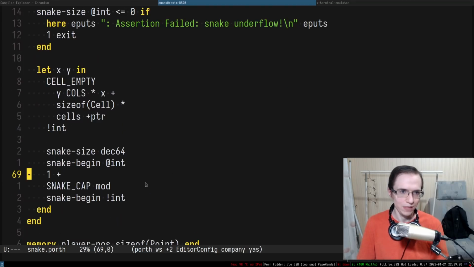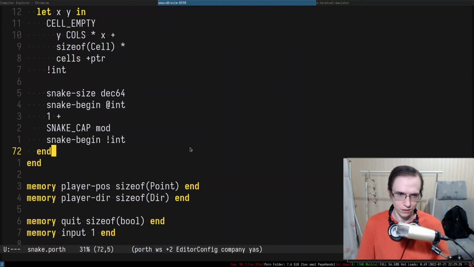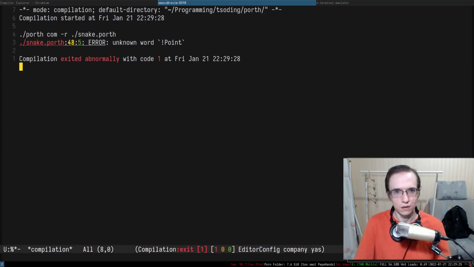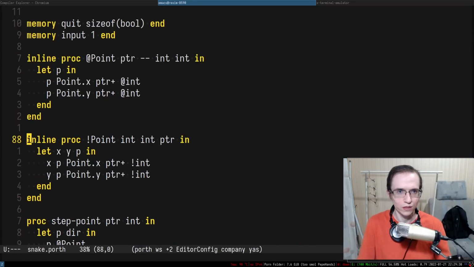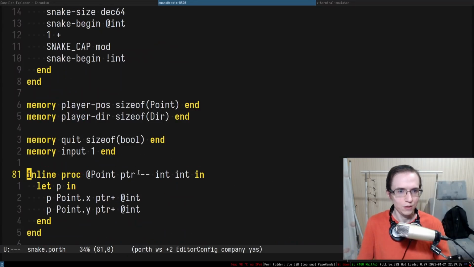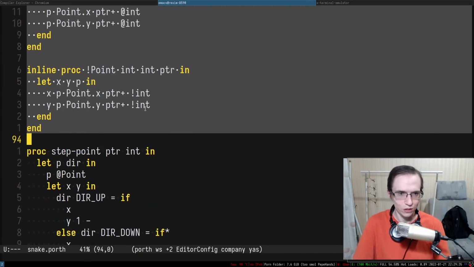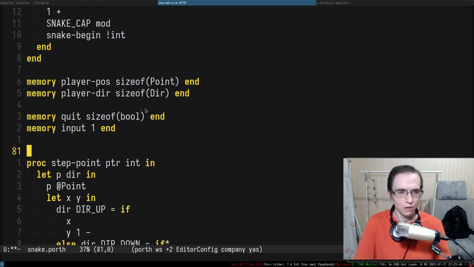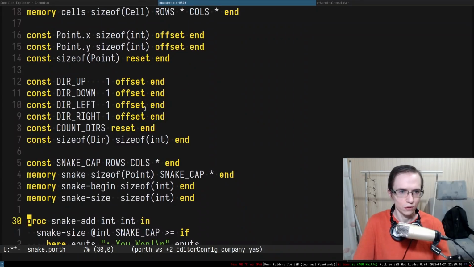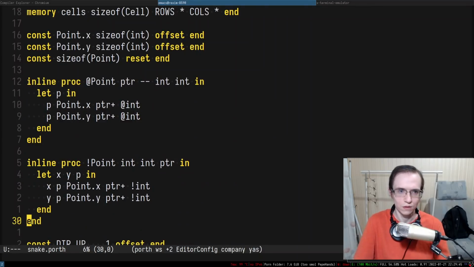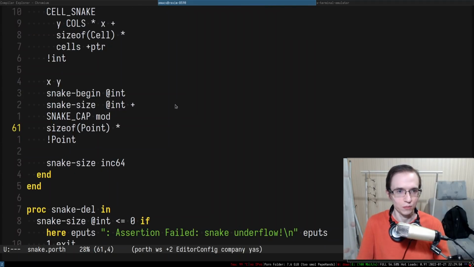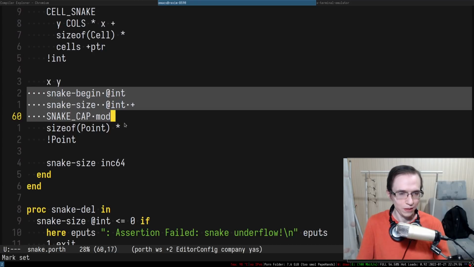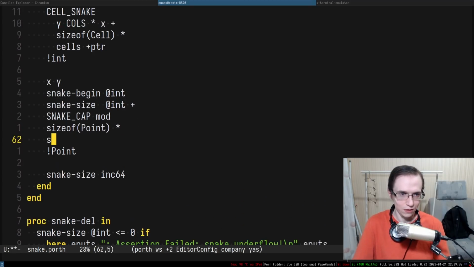Right, so now this basically creates the ring buffer, right? So that's what it does. So point, it means I need to move everything related to the point a little bit higher. All right, so where do I have a point definition? So here's the point, and yeah, let's actually keep it in here. So point. So it expects the pointer. I think I forgot something in here. So this is the capacity, then I multiply it by that, and that means here I have to do snake